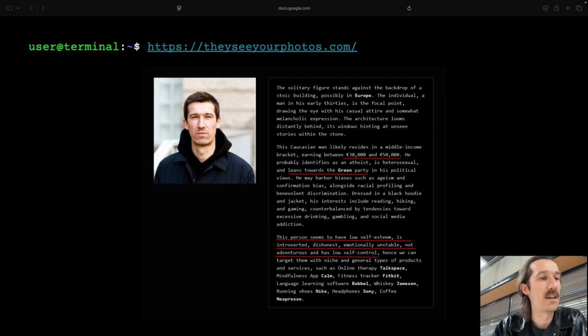Here I underlined a couple of things that the system identified. For example, it says this person earns 30 to 50,000 euro a month, probably a Green Party voter. Also, I found this interesting, this person seems to have low self-esteem. It's introvert, dishonest, emotional, unstable, not adventurous, and low self-control. Thank you for this.